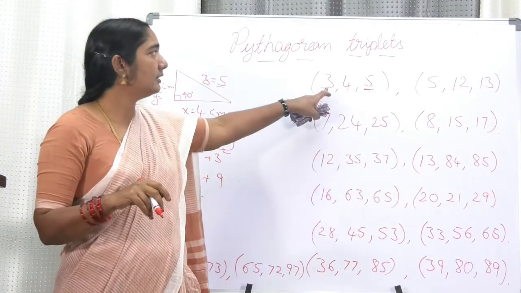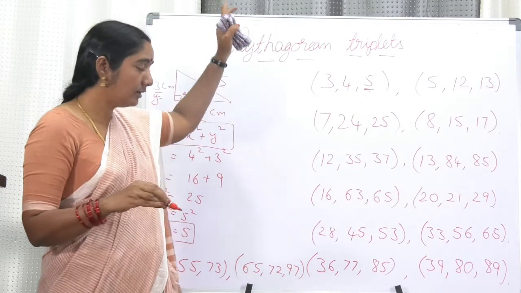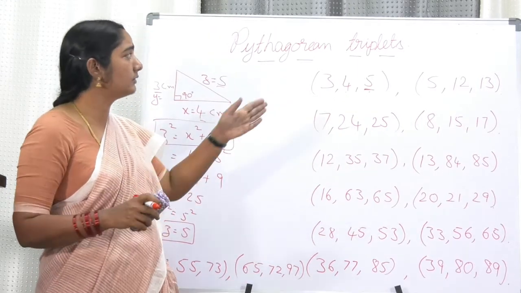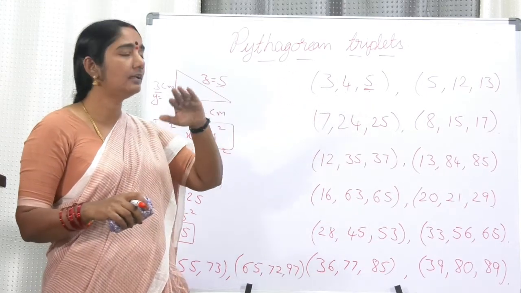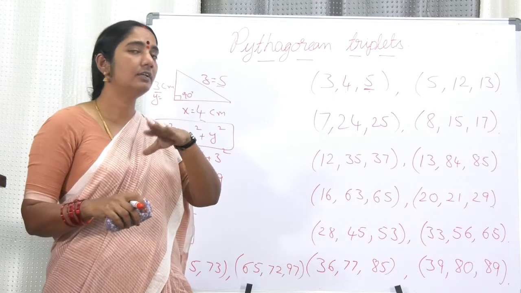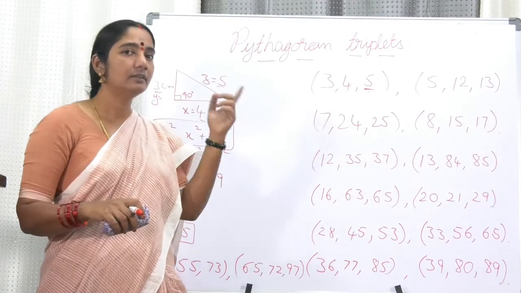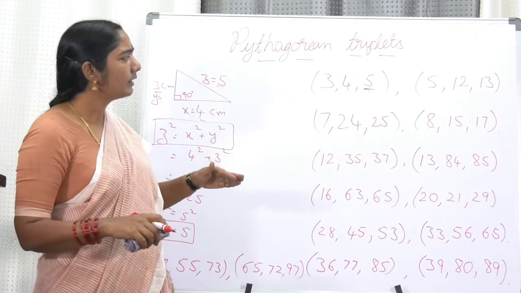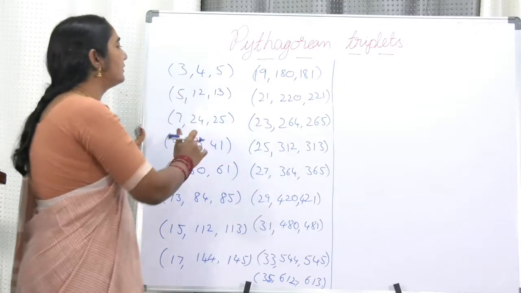One method is when it is starting with an odd number: 3, 5, 7. For that you can write up to 35. Take all the odd numbers until 35, means 3, 5, 7, 9, 11, 13, like that. 15, 17, 19, 21, 23, 25, like that you keep taking, up to 35 you take. This we have already discussed.